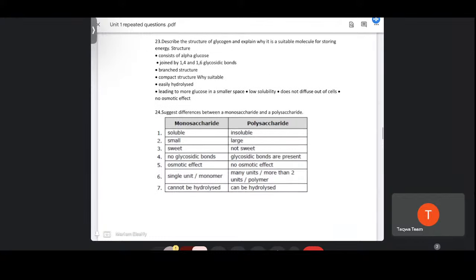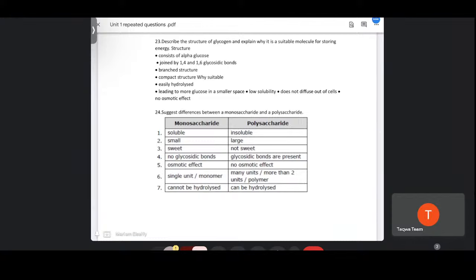Describe the structure of glycogen and explain why it's a suitable molecule for storing energy. Because it consists of alpha glucose, which is joined by 1,4 and 1,6 glycosidic bonds. It's a branched structure, a compact structure. But why is it suitable? Because it's easily hydrolyzed, leading to more glucose in a smaller space, it has low solubility so it does not diffuse out of cells, and